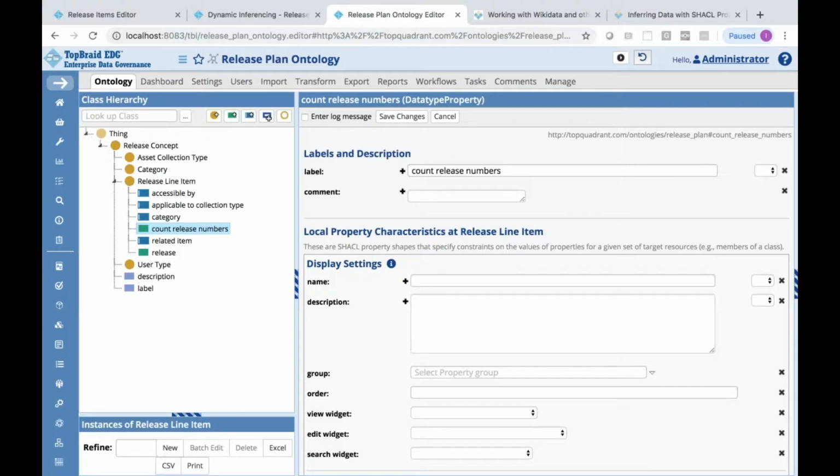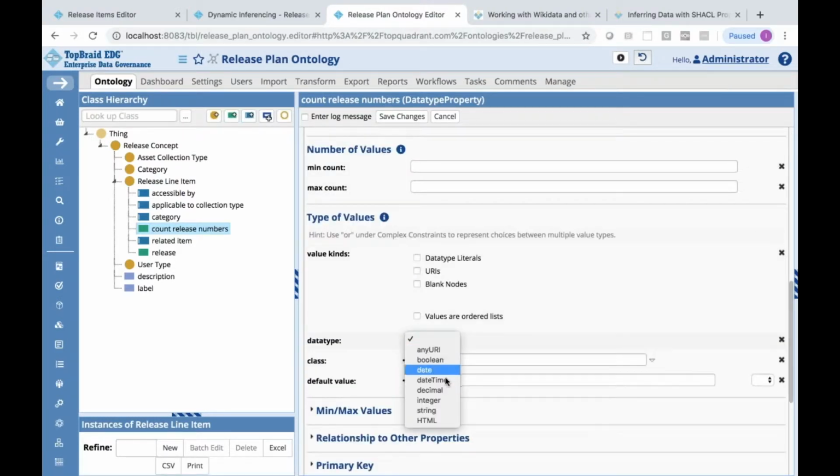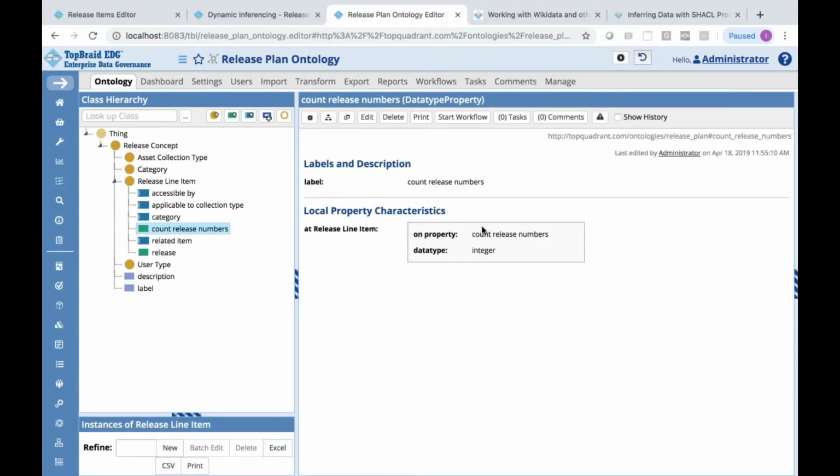And I'm going to make it an integer. What I want to do with this property, because some of the features I actually updated not in one release, but in multiple releases, is for each feature, calculate in how many releases it was enhanced.